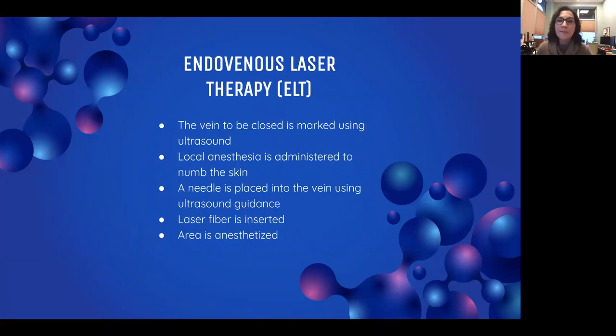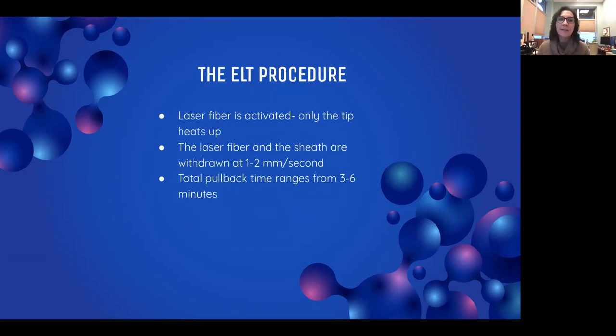So to talk about this first treatment, the endovenous laser therapy, what we do the day of the procedure is we mark your leg using ultrasound, and it shows us just where the vein is. Then we use a little bit of local anesthetic just through a little tiny injection to numb the skin before I go through that numb spot with a needle to allow into the vein. And using ultrasound guidance, I'm able to thread the little laser fiber up inside. Then we anesthetize everything. Then we activate the laser, and only the very tip of it gets hot. The rest of it has a coating on it so that